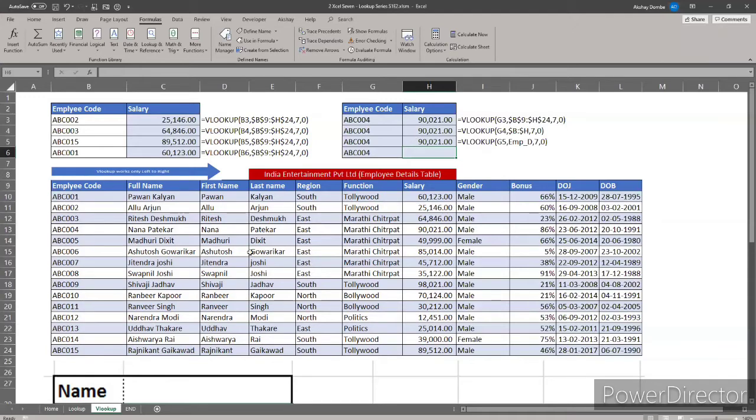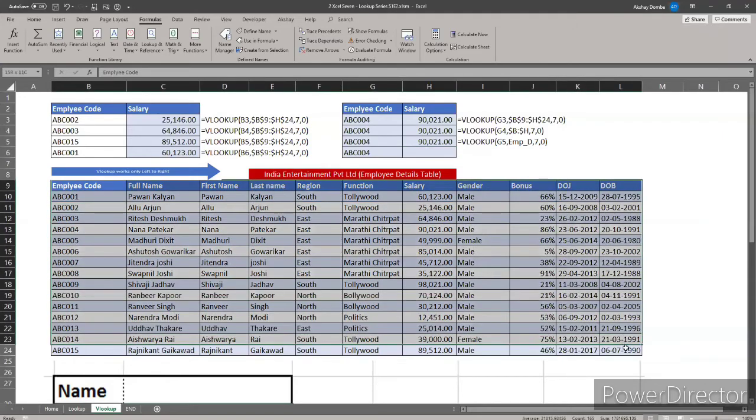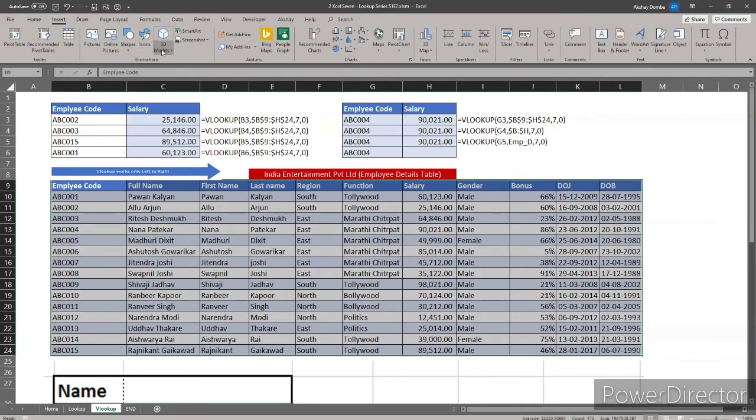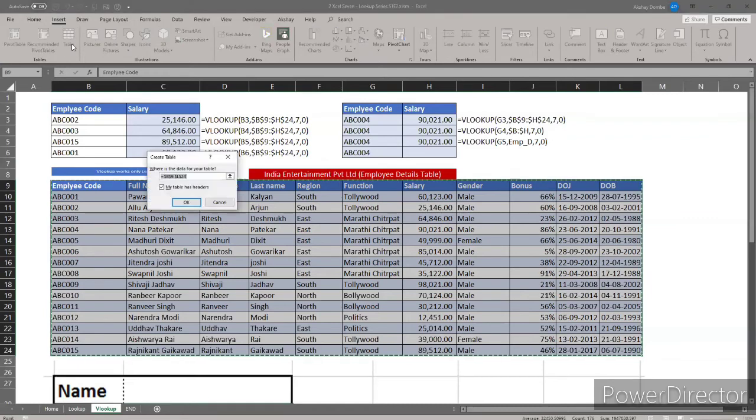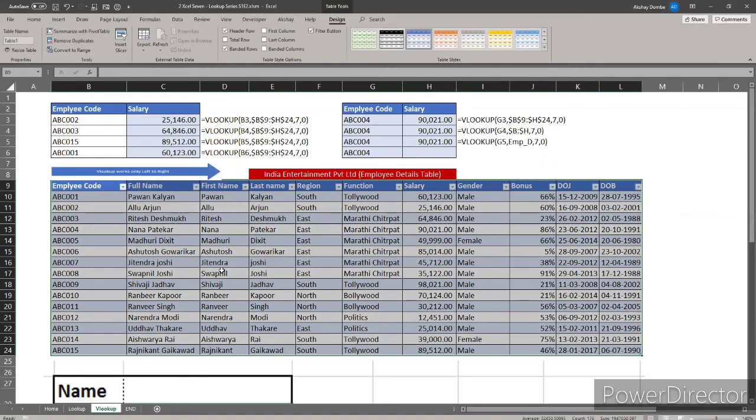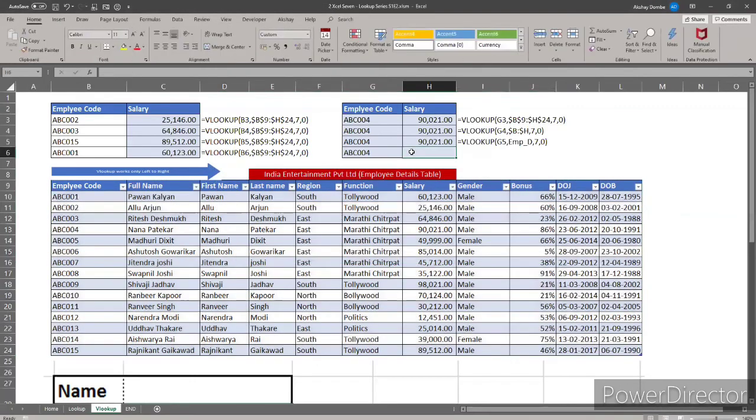And the fourth way is creating a table. I know where my data starts and ends, so I will select the full data and go to Insert. I will insert a table. My table has headers, yes, so I just check it. Now we will utilize this table, but before writing it we should know the name of the table.